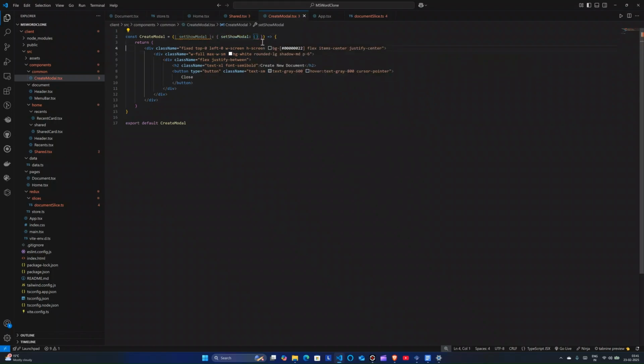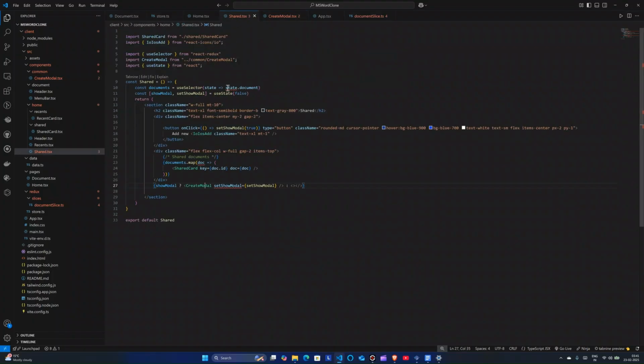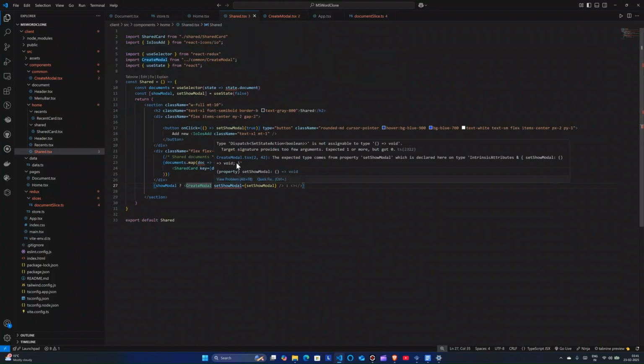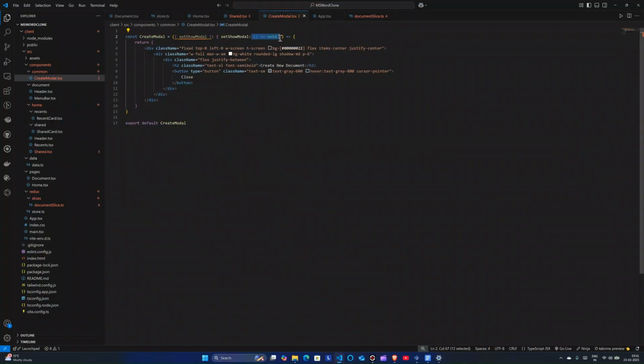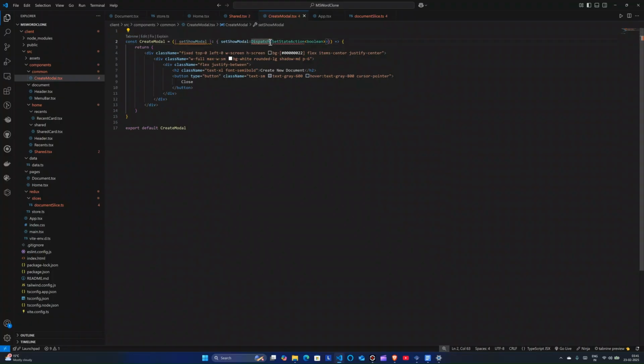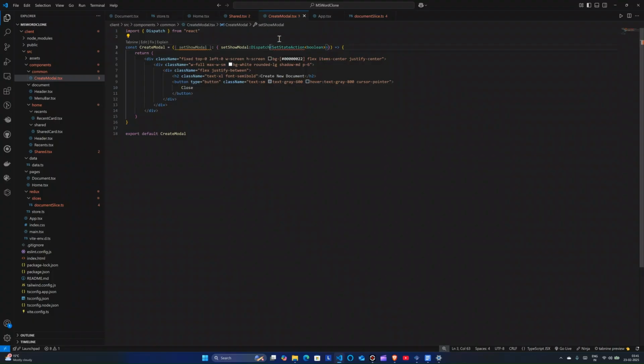Or maybe like void, and here it says that type dispatch is not assigned, and that is exactly what we are going to assign here. Set state action. Okay, and here